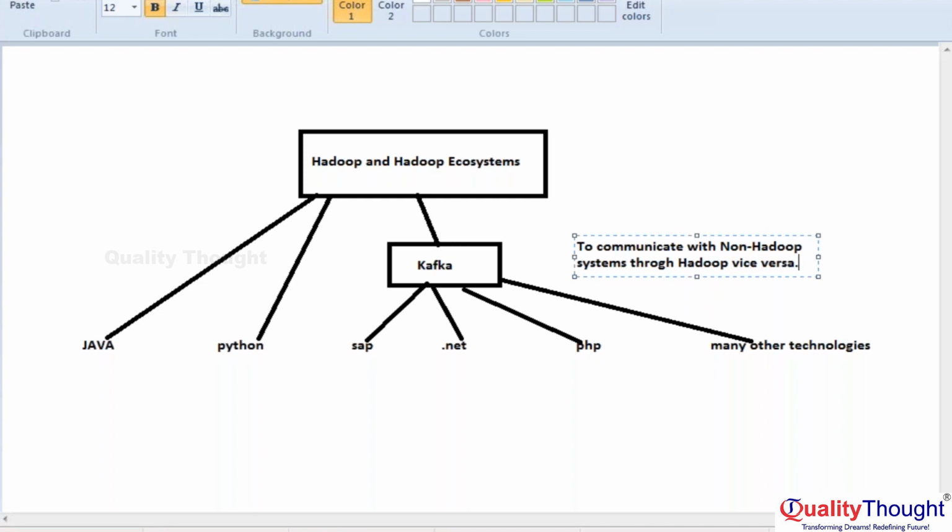So the main purpose they implemented Kafka for was to communicate between Hadoop and non-Hadoop systems,